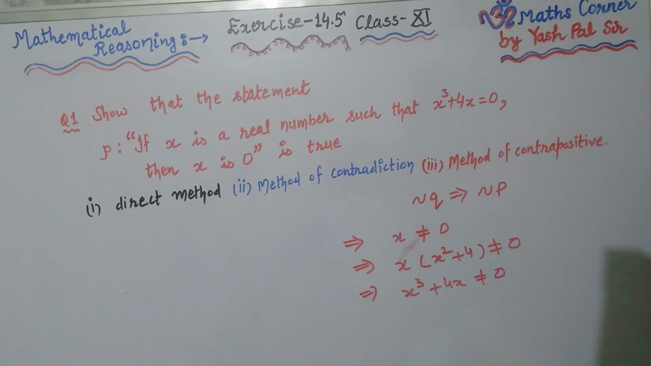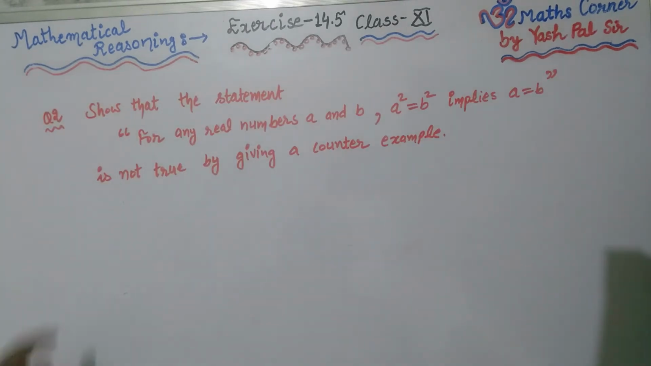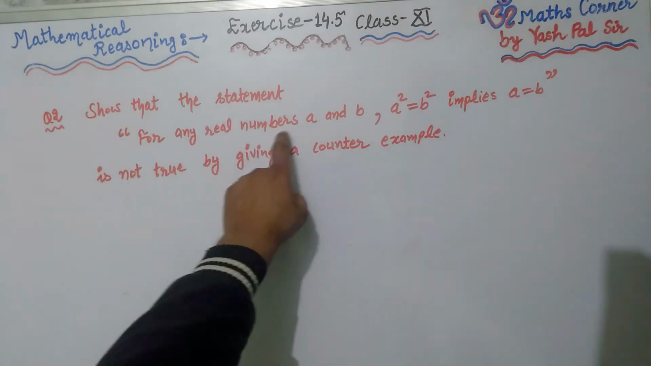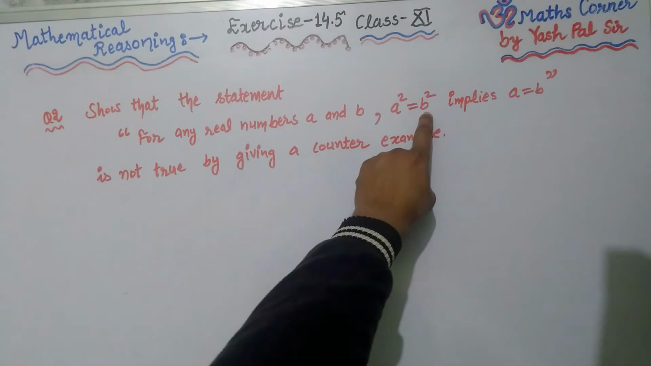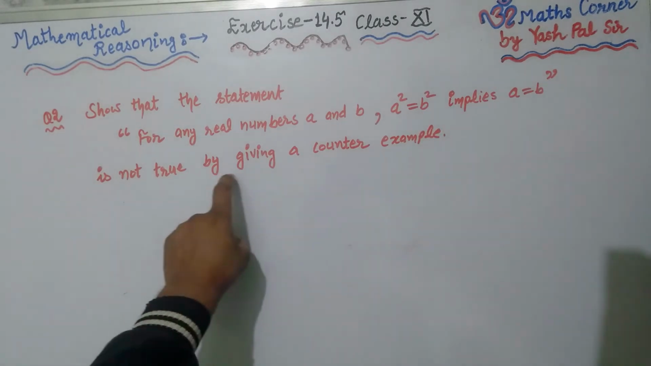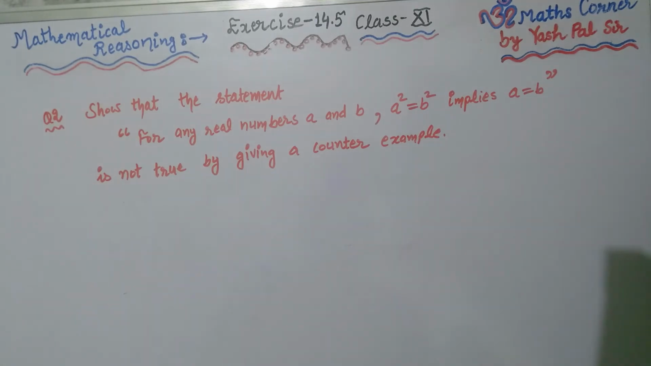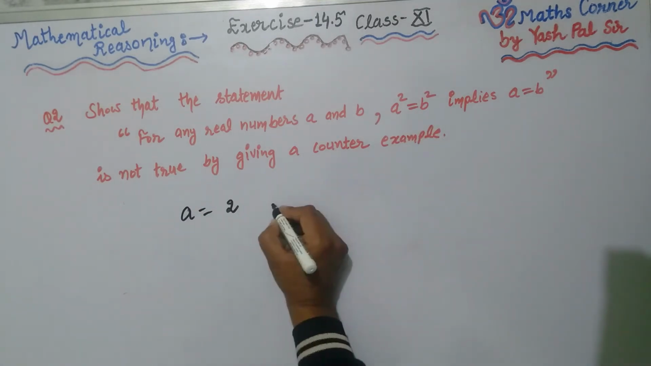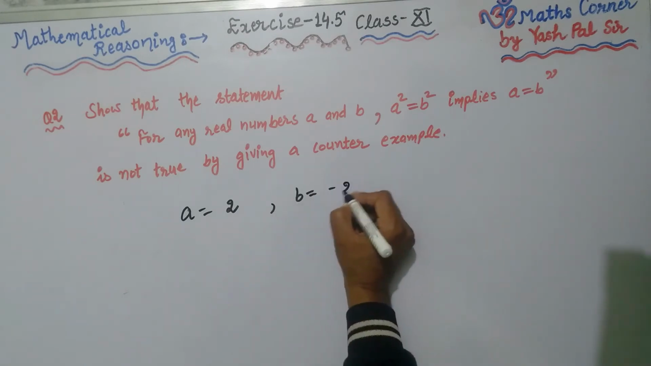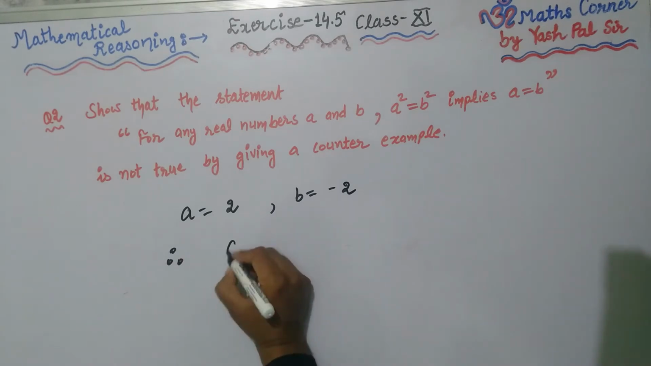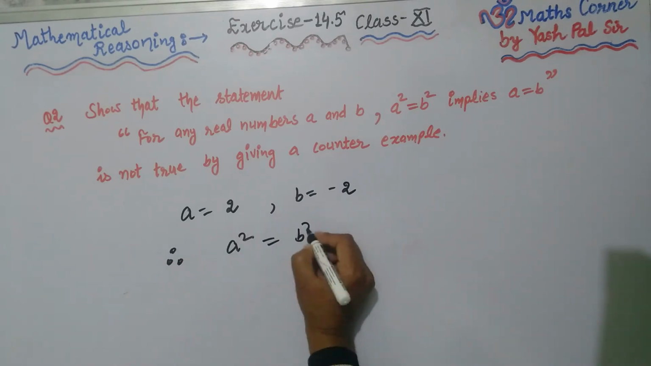Okay, now next question. Question number 2. Show that the statement, for any real numbers a and b, a square is equal to b square implies a is equal to b, is not true by giving a counter example. Of course, suppose a is equal to 2 and b is equal to minus 2. So a square is equal to b square, that is